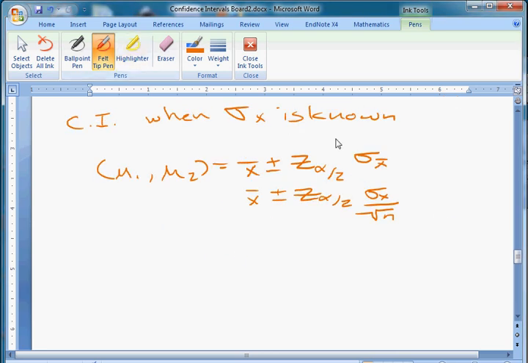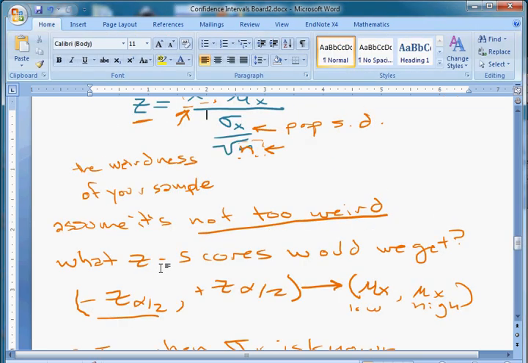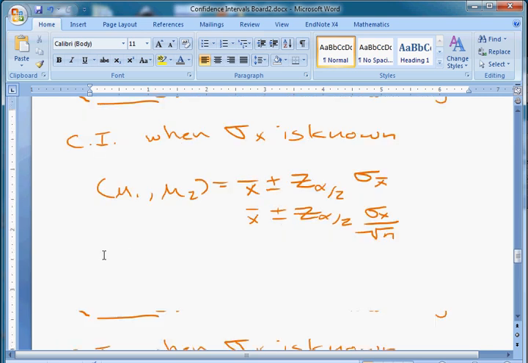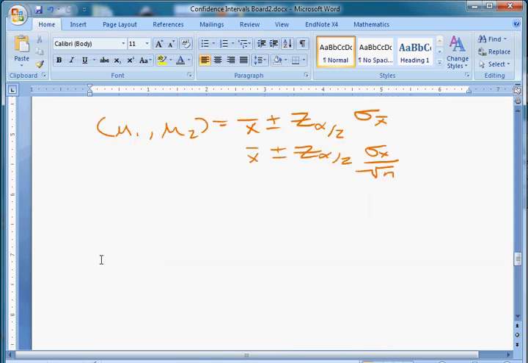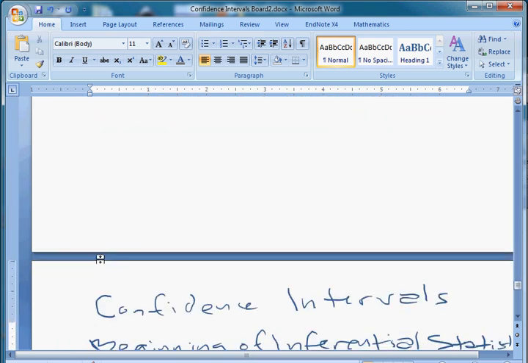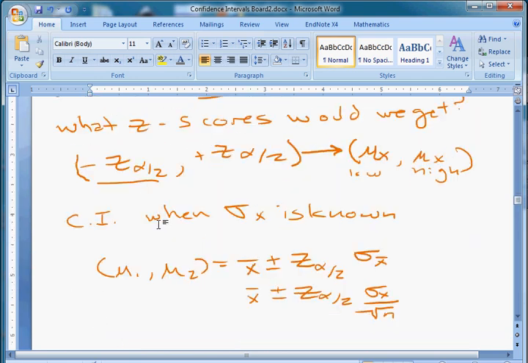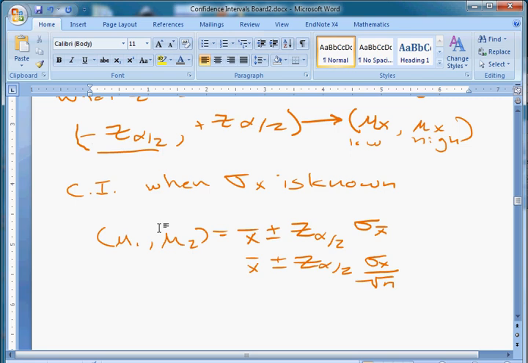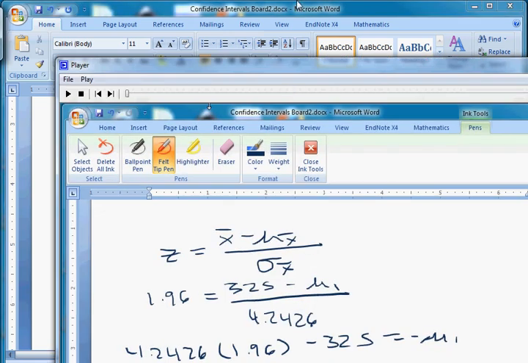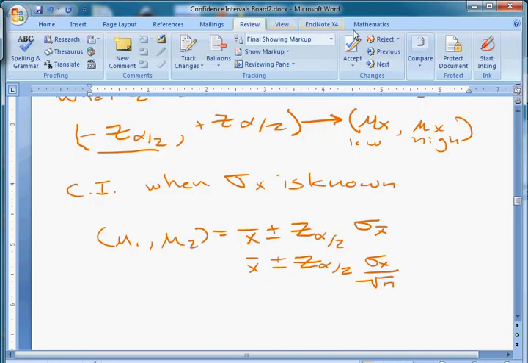Alright, I'm back, and right now I'm going to show you what we do when we don't know the population standard deviation. So let's move down a page, give ourselves a couple more pages of space. Okay, so we found the confidence interval when sigma x was known. Before we go further, I'm going to show you what the formula looks like for when we don't know the standard